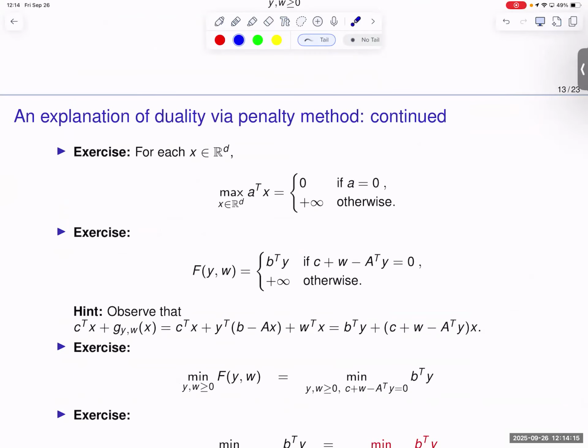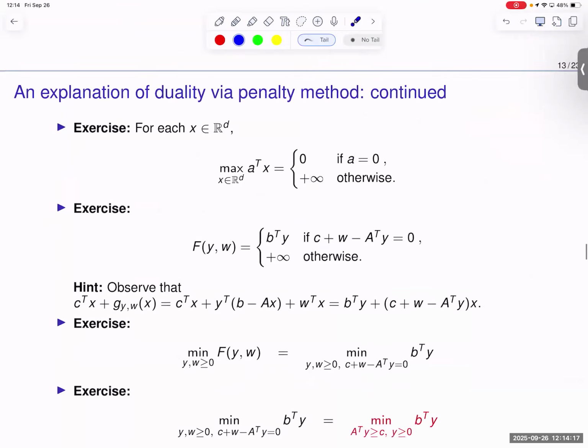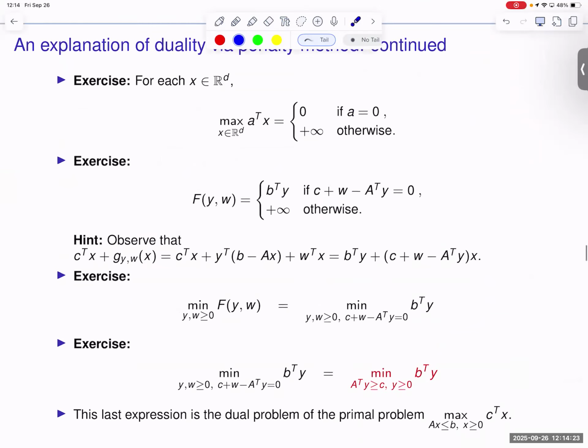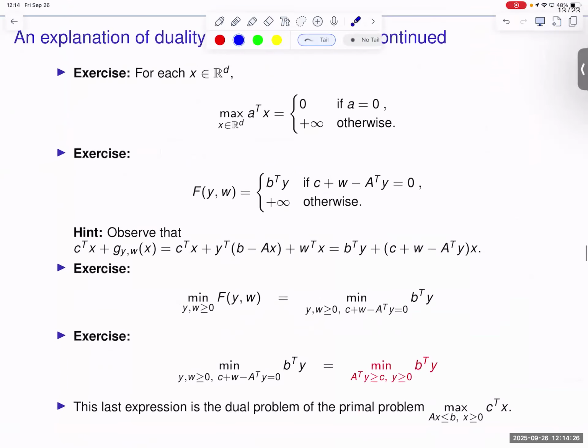Why am I too slow? Regarding this, I think you want to do all this, okay? Yeah, let me just leave it for you. Then, if you do this step-by-step exercise, then